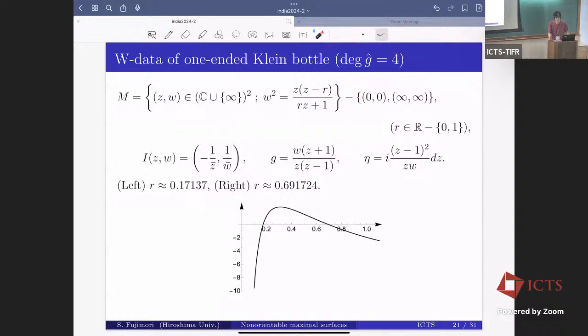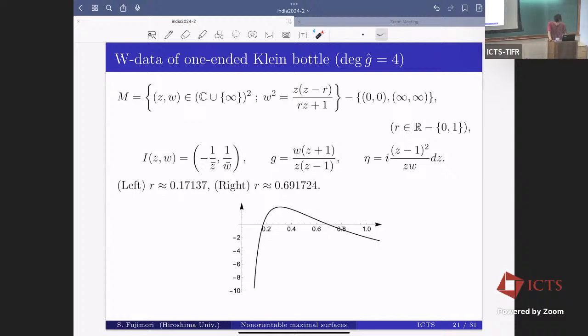In the minimal surface case, the degree switches between even and odd, depending on the genus. But in this case, we always have an even degree, so it is hard to generalize. I tried several ways, but in some cases, if k equals 1, we have these two solutions; k equals 2, k equals 3, then k equals 4, finally we don't have a solution, something like that. So we cannot prove the generalized genus, but